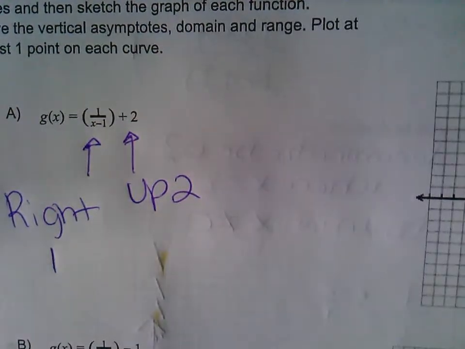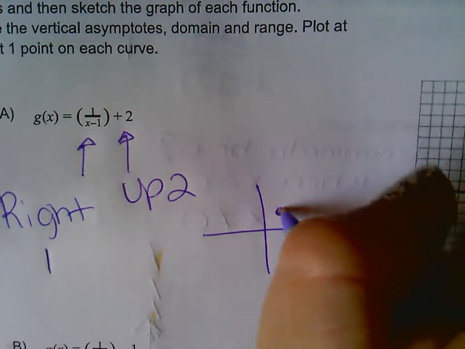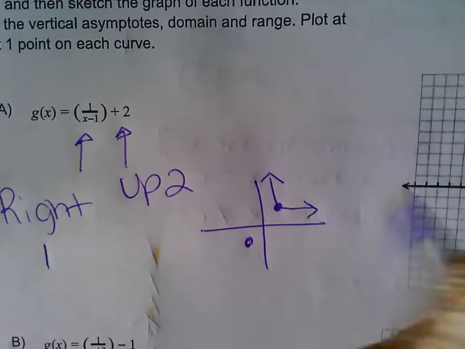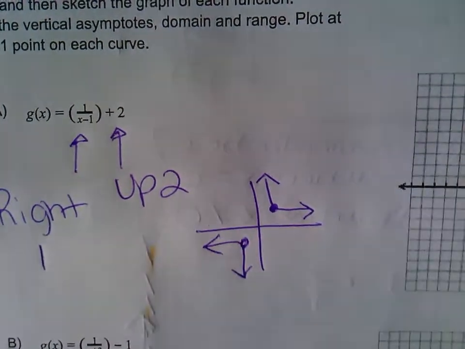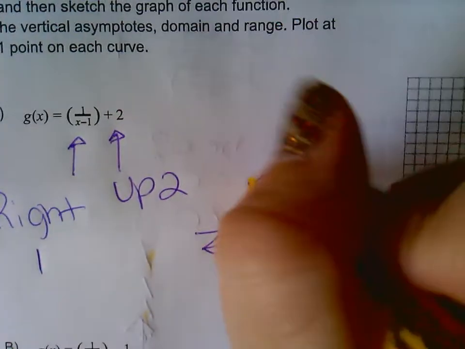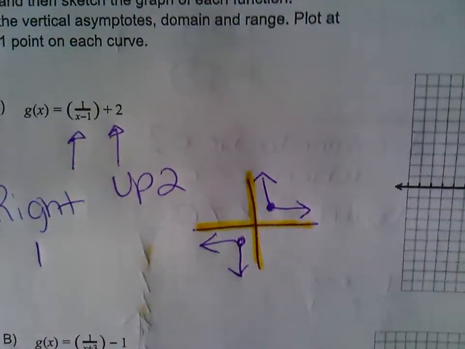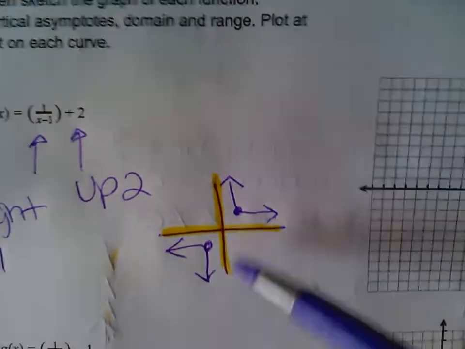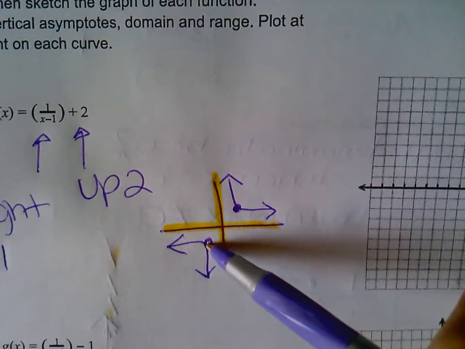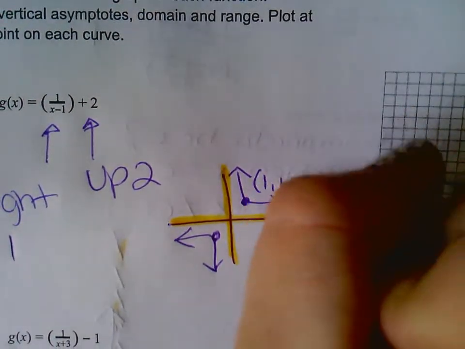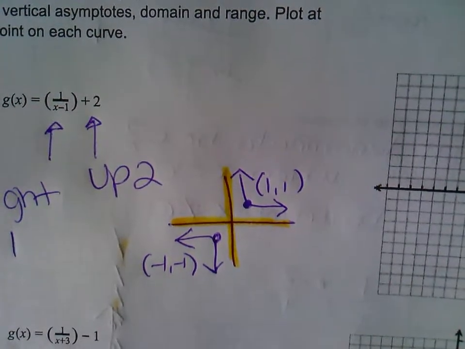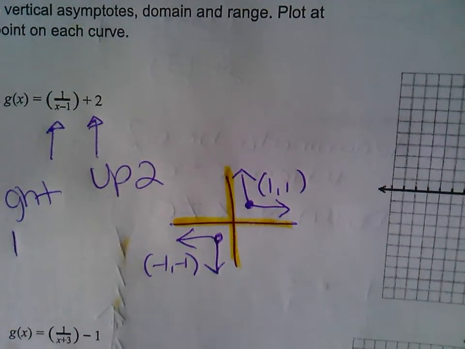So my key points for the parent function were at 1, 1 and -1, -1. So I'm going to move those points. This is the parent function. And I also have to move my asymptotes. My asymptotes are normally at 0 for x and 0 for y. So this is 1, 1. This is -1, -1. So on this graph, I'm going to take that parent function and shift it right 1